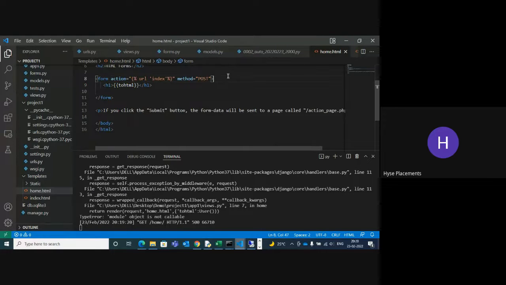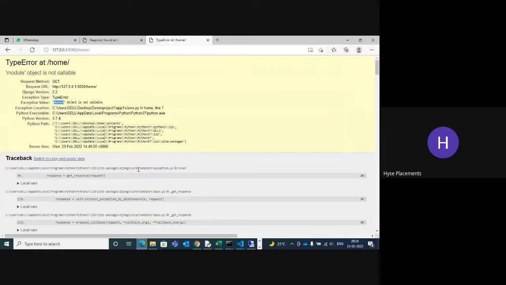This is where the form action is present. What we are using is CSRF. Use.py file.